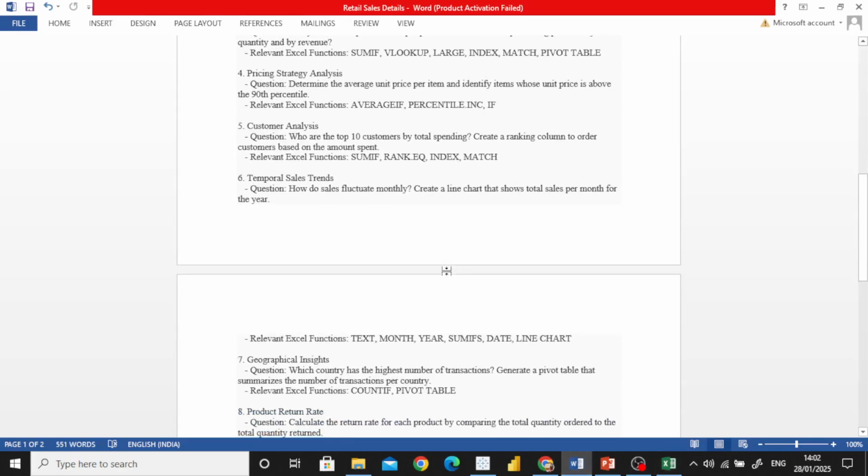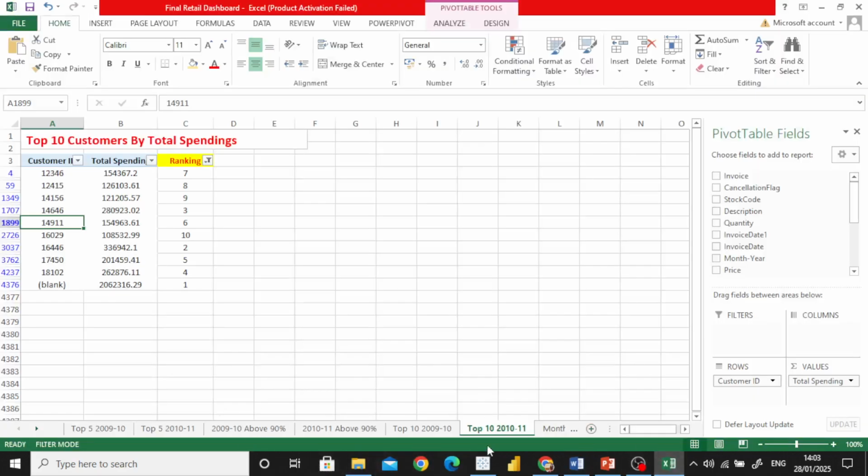The next question is temporal sales trends. Here we are going to find how sales fluctuate monthly. For that, we are going to create a line chart that shows the total sales per month for the year. For that, firstly, go to